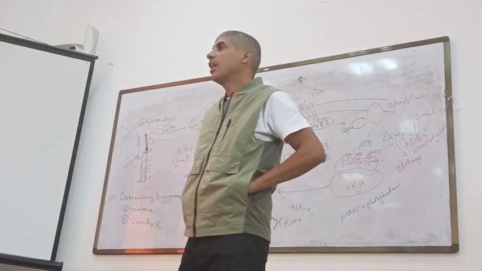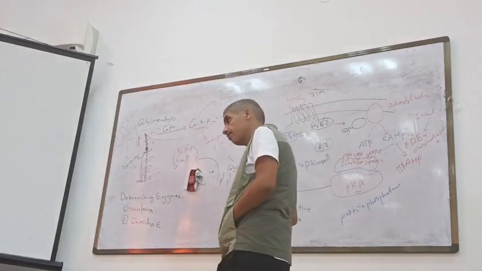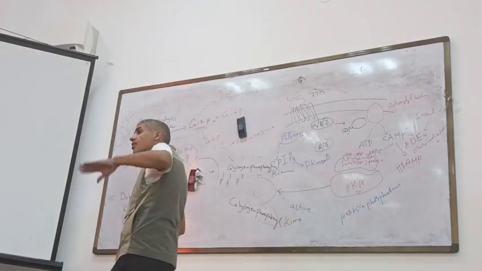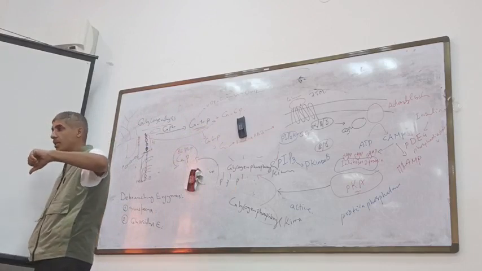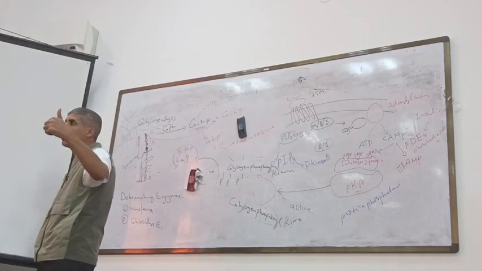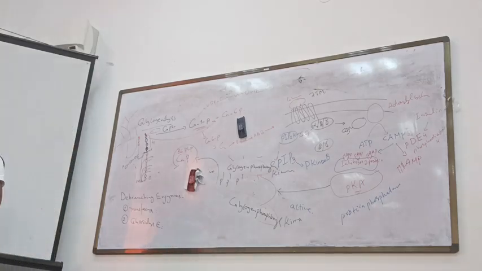Their regulation is different in the case of allosteric regulation. The mechanism of hormonal regulation is the same, but the allosteric regulation of the hepatic isomer of glycogen phosphorylase is different from the skeletal muscle